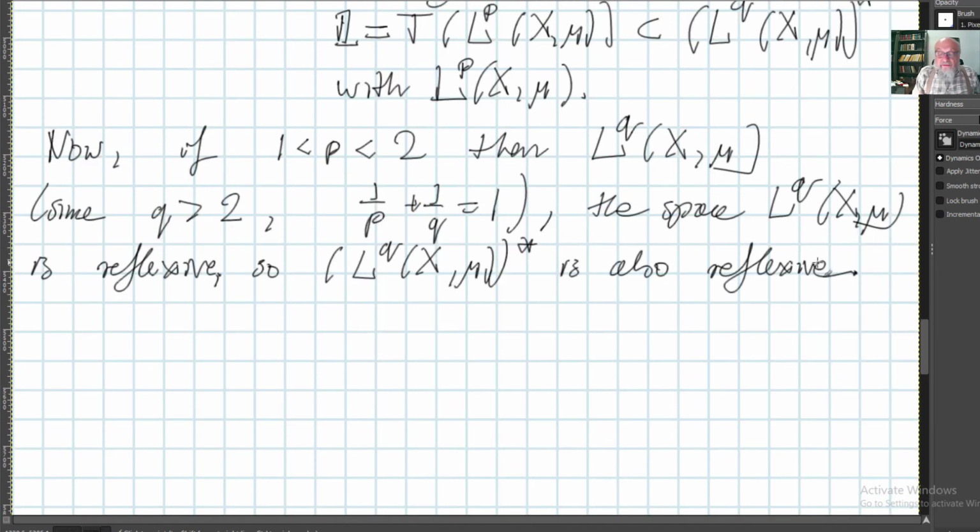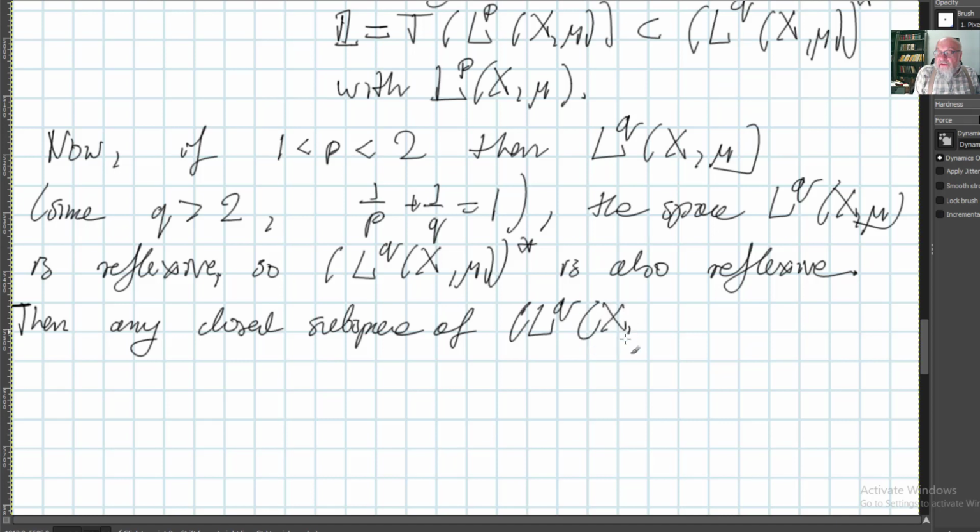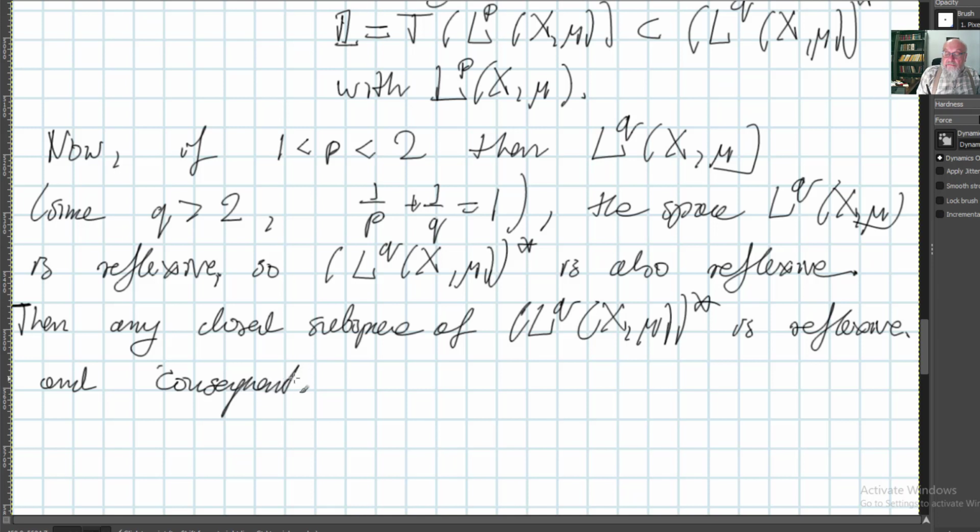And since the dual is reflexive, then any closed subspace of that dual, meaning any reflexive space, L^q(X, mu) star is reflexive. Yes, because a closed subspace of a reflexive space is reflexive, and consequently L is reflexive,